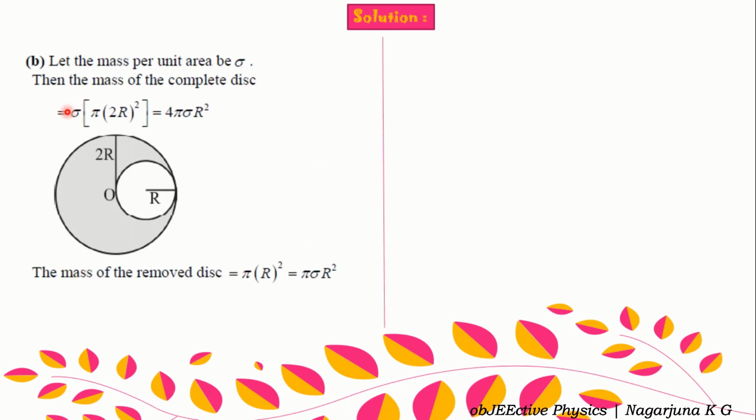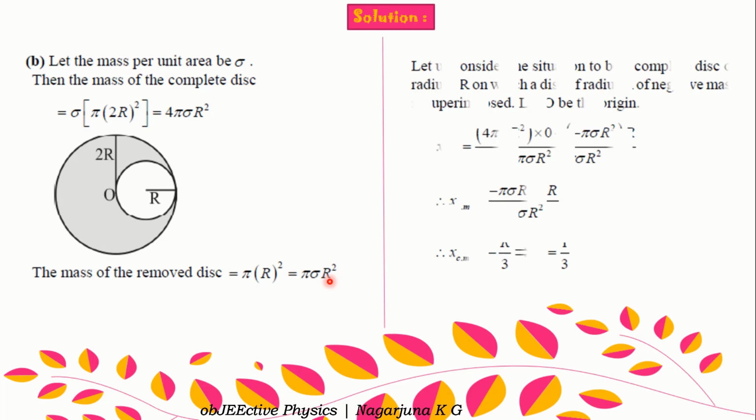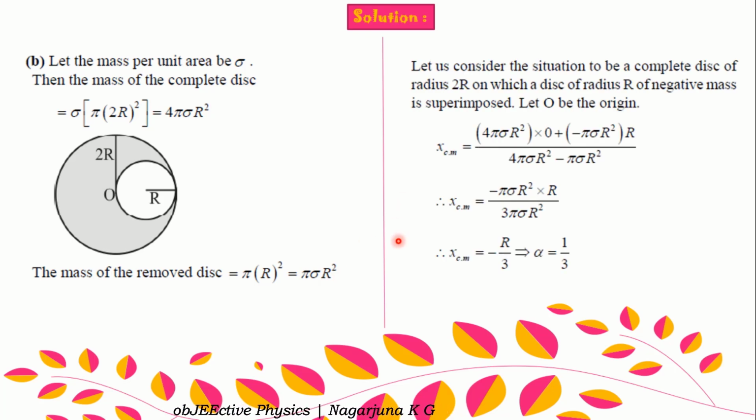Solution. Let the mass per unit area be assumed as sigma. Then the mass of the complete disc is equal to sigma into pi into radius squared, with radius 2R, so 2R whole square, that is equal to 4 pi sigma R square. Observe the diagram. The mass of the removed disc is equal to pi R square into sigma, that is pi sigma R square. Let us consider the situation to be a complete disc of radius 2R on which a disc of radius capital R of negative mass